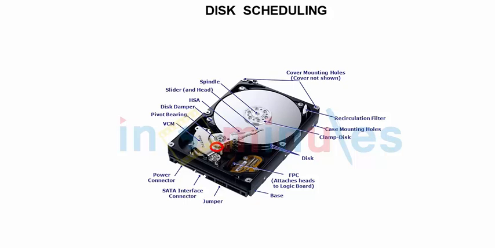This is a diagram of a hard disk with a lot of technical stuff to it. For us, what matters is the disk, which you can see in a silver surface. That surface is called platter. Each of the platter would store data, that too on either side. This part is head, which is basically performing reading and writing.